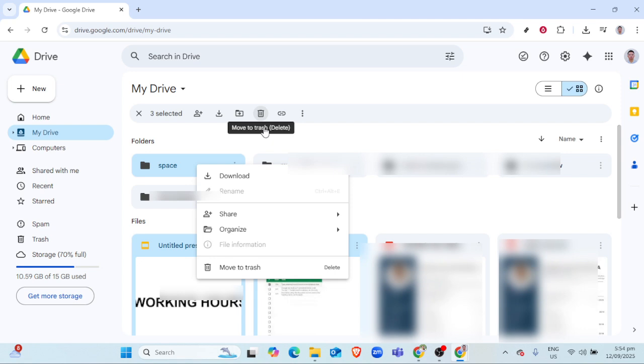To do this, click on Trash in the menu on the left-hand side of your drive. In the trash folder, you'll see the files